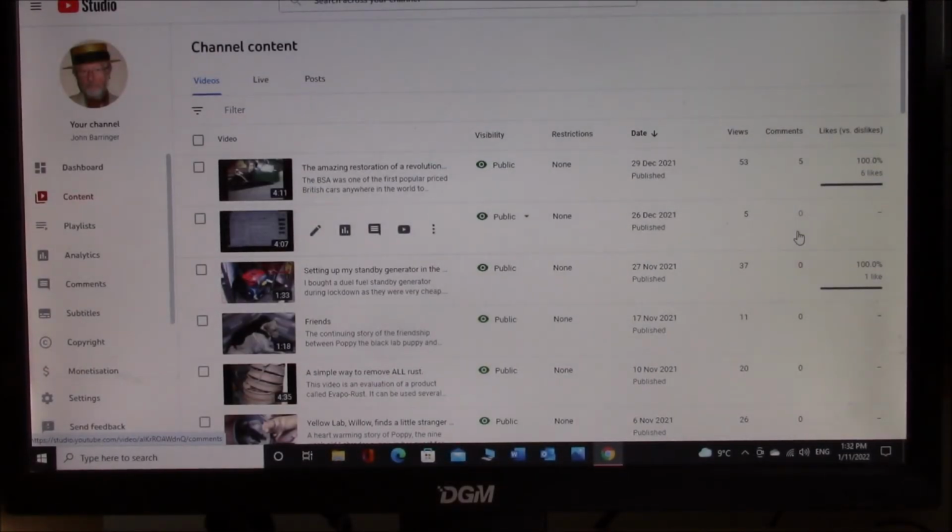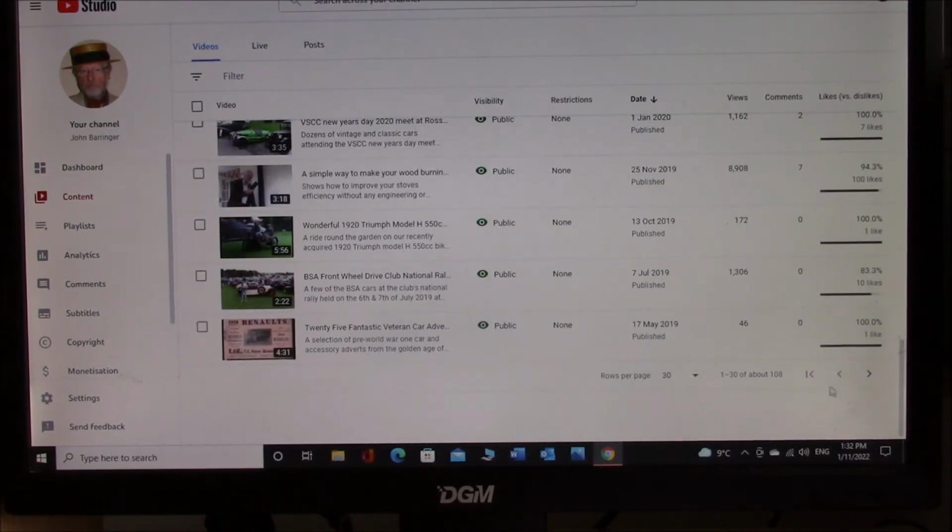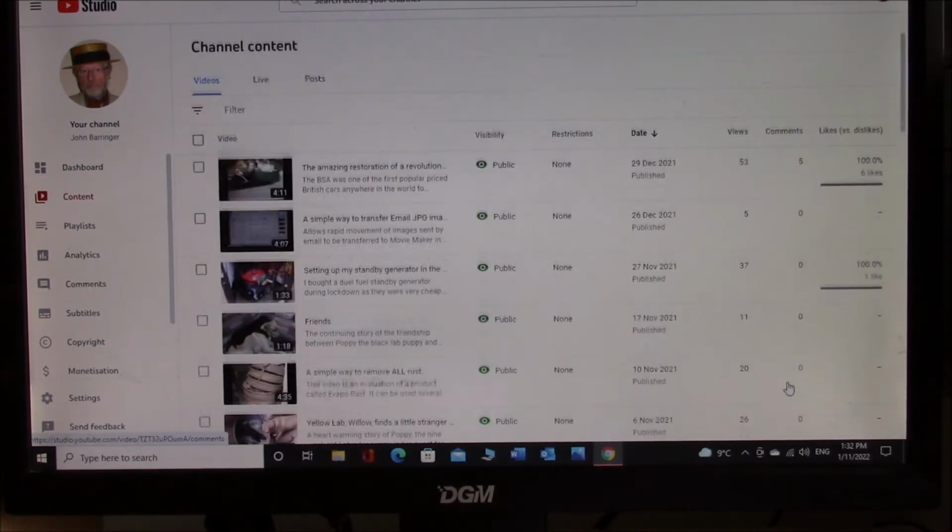This will bring up 30 or thereabouts of your latest videos on the left of the picture. If you need to go further back, you can turn the page by scrolling down to the bottom of the page, as I'm doing here, and at the bottom right you will see there are arrows there that allows you to click on and open other pages. So if we go back to the top, from this list choose first of all the video that you wish to edit,